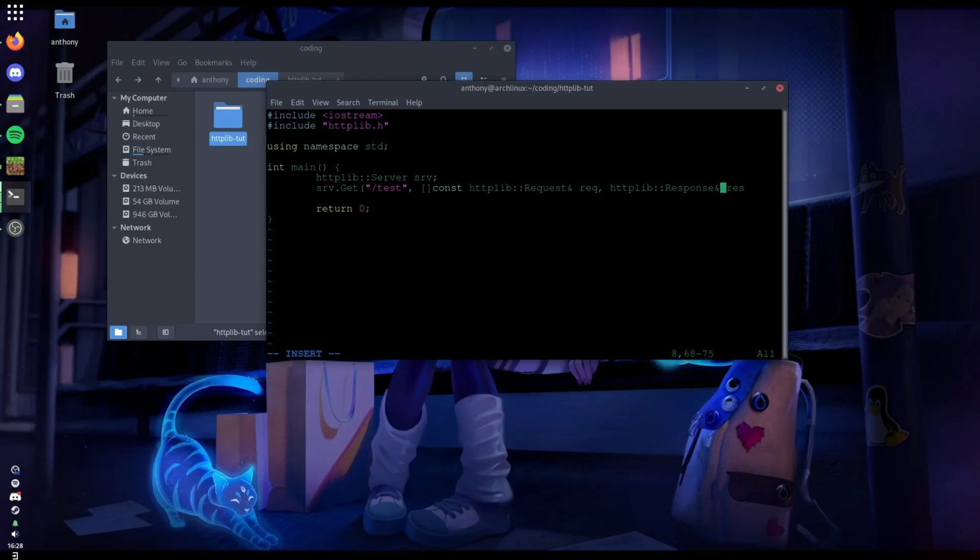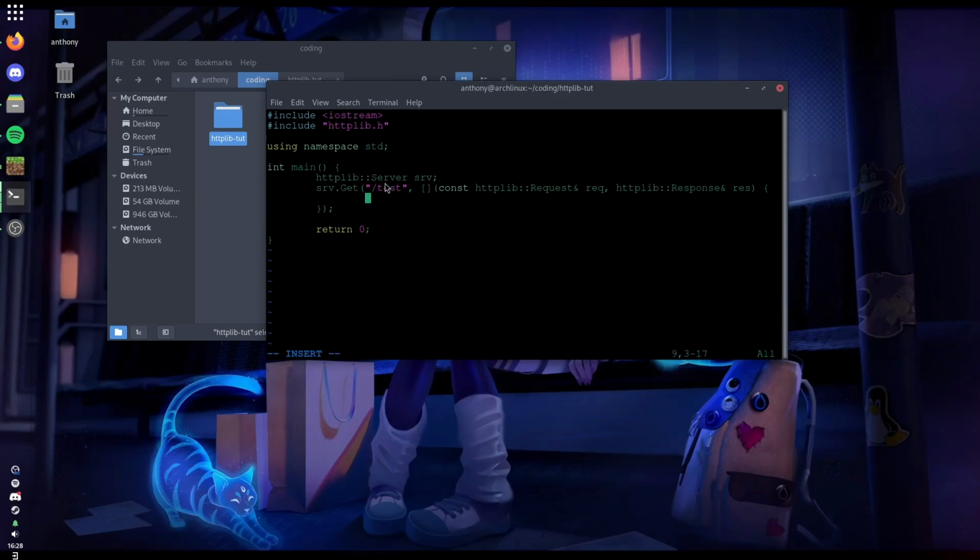This is just the response that we're gonna give to the user. So it should look a little something like this. I don't know why that's red. Oh, I know why. Okay, there you go. So everything in here is what's gonna happen when the user makes a GET request to the slash test